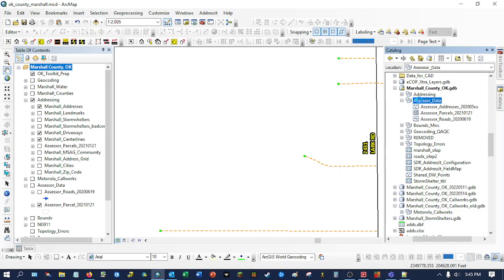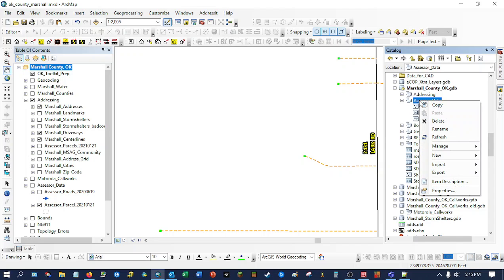So I'm going to right click on the feature data set that I want this to be in. I'm going to import. I can import single or import multiple. If I import single, I'll have the option to give whatever I import a new name. If I do import multiple, it just brings it in straight up as it's named. So I'll do single,